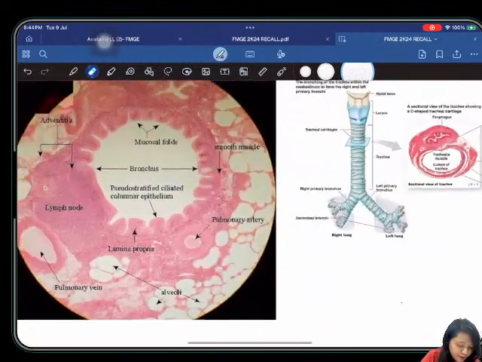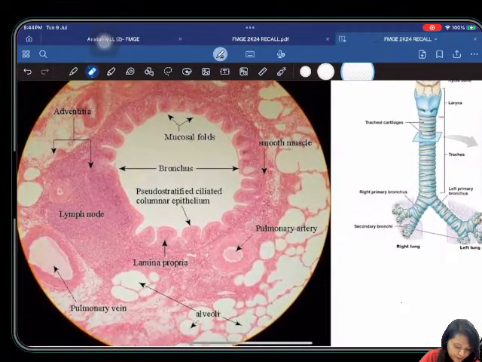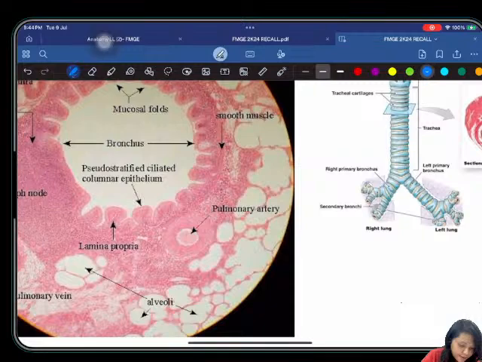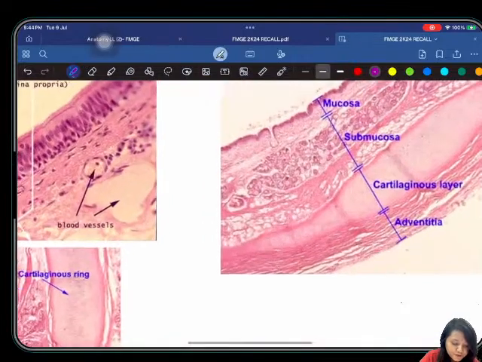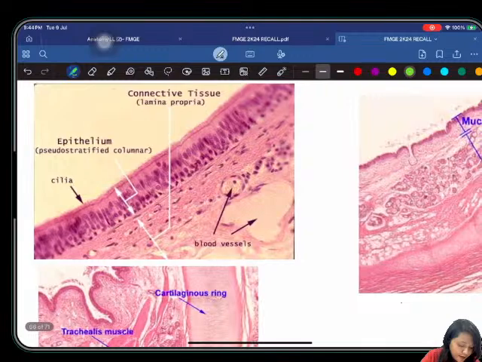Similarly, this is the lumen, you can see here, okay, the mucosal folds, the lymph nodes, lamina and all. In the lumen, we have just taken a lumen and studied it. So you can see the pseudostratified ciliated columnar epithelium on the mucosa, okay. Same thing, this is a division, how you divide. You have the mucosa, you have the submucosa, the cartilaginous layer and the adventitia,